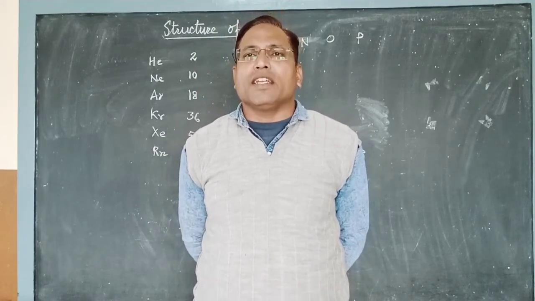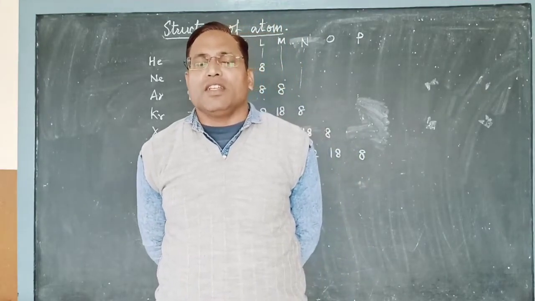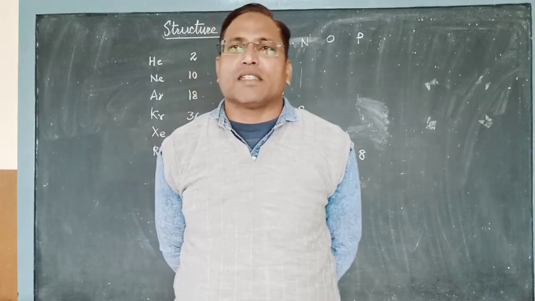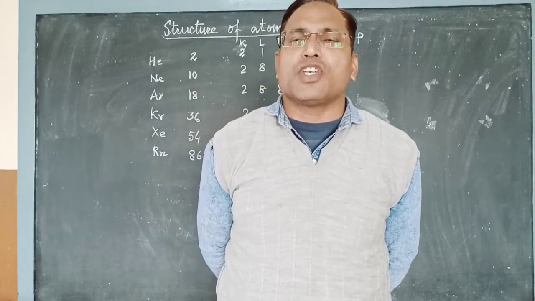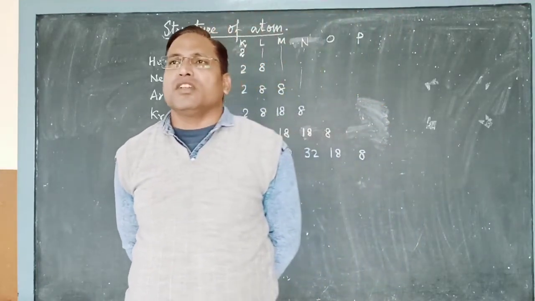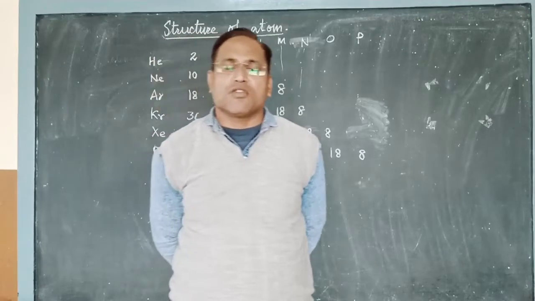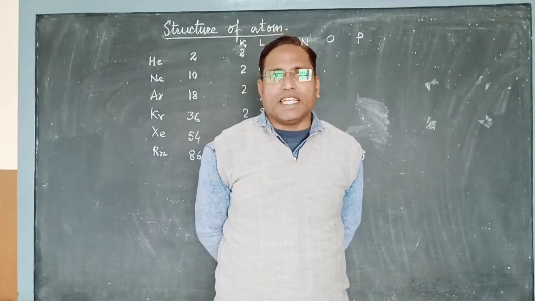So to obtain the nearest noble gas configuration, what do they do? Either they will donate electrons, they will accept electrons, that means gain electrons, or they will share electrons. So there are 3 ways in which they attain stability: by donating electrons, by gaining electrons, or